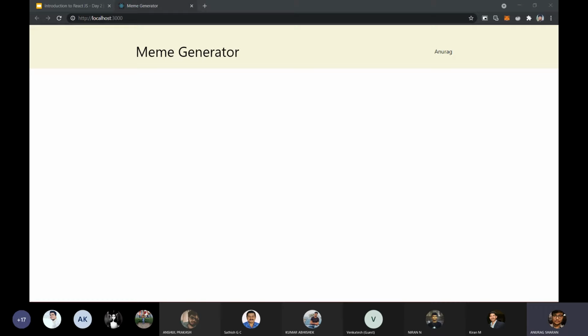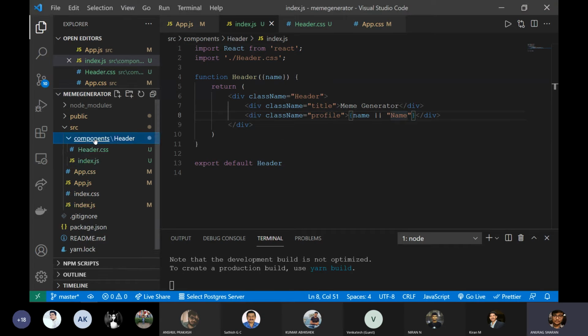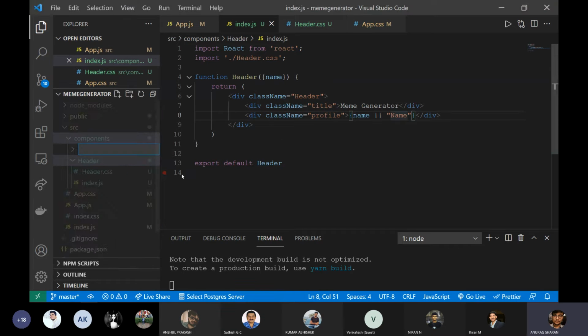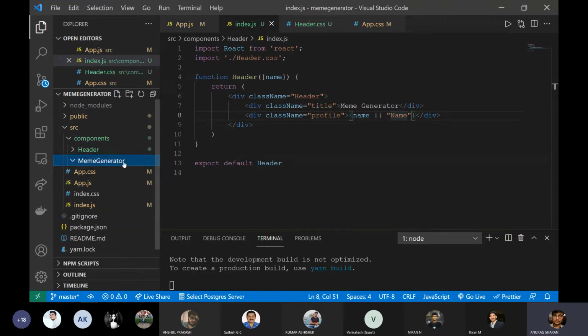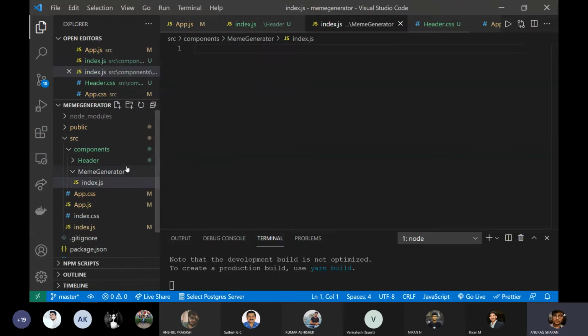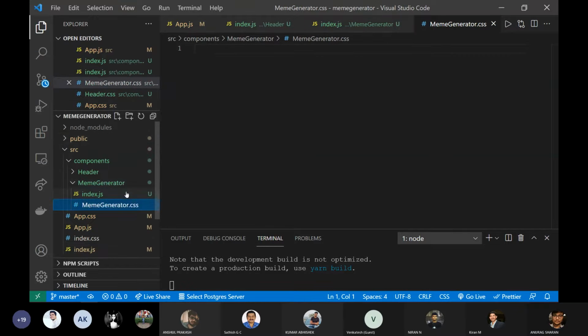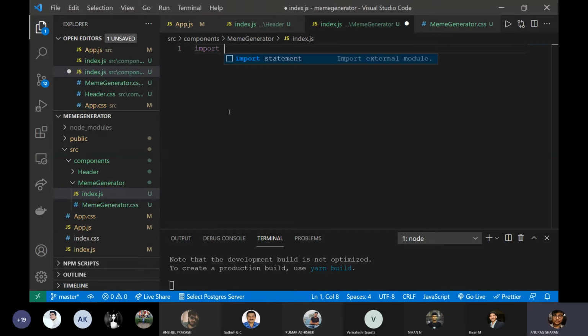So for that, first of all, we'll make another component for the part below the header, which will be our actual meme generator component. So let's build that. Inside the components folder, I'll create a new folder. First we created header. Now I'll create a meme generator component folder. And inside this, similarly to what we did in header, we'll create an index.js and one memegenerator.css. We'll import the memegenerator.css in index.js,